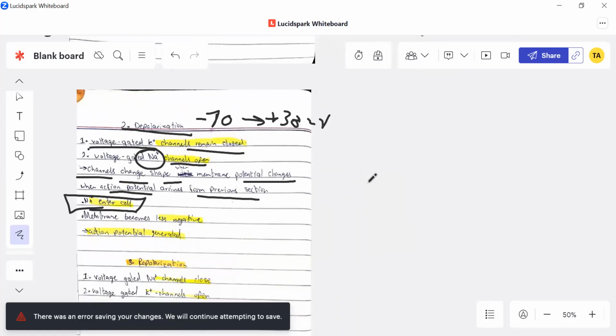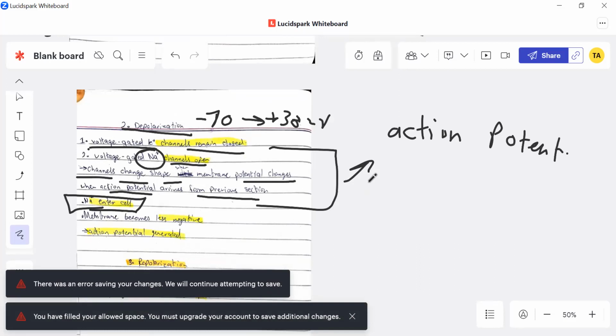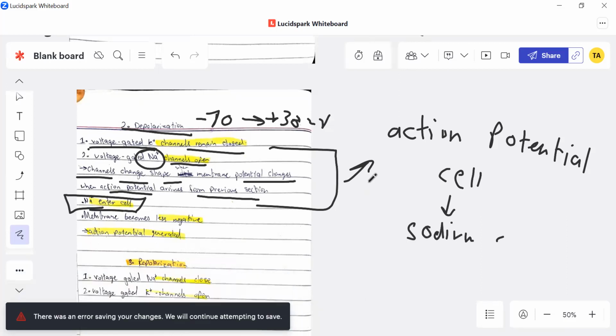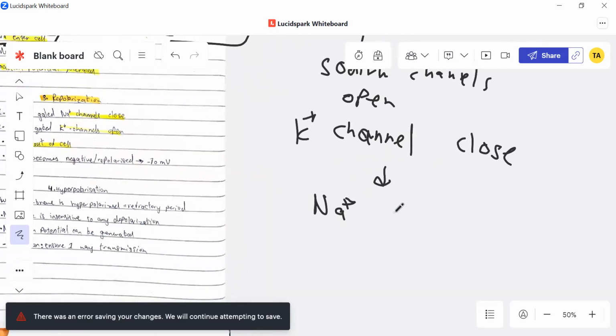So I'll explain all of this in a basic summary. The action potential arrives at the cell. Because of this, the sodium channels open, and the potassium (K plus) channels now close. Because of this, the sodium ions will now start to enter the cell,